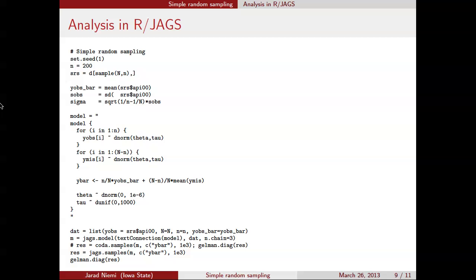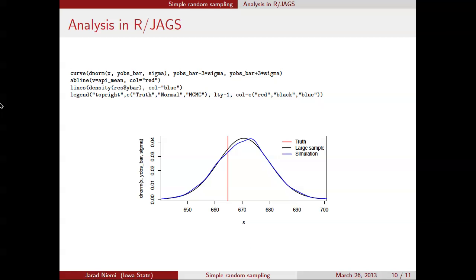Okay. And then I run it. I pointed out here that I did actually check that it converged. It converges pretty quickly. And then I used the JAGS sample function. Oh, this shouldn't be here, because that's not going to work. That gives you the error. OK. So here are the differences. Our large sample theory says here's the normal distribution. That's the black line. Our simulations here are, this is the smooth version, a kernel density estimate of our histogram. That's the posterior under this simulation-based approach. It's the blue line. And the red line is the truth.